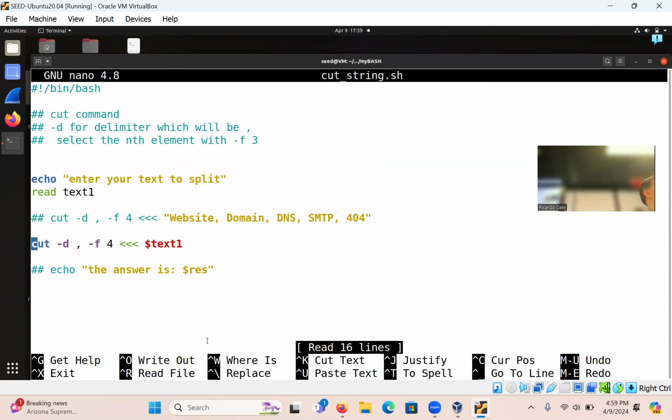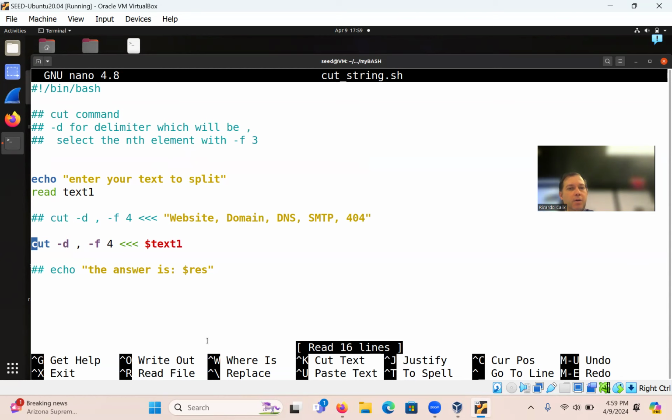But basically we need a bash command to assign a command output to a variable in a script, basically. So, command substitution. All right, so let's try.